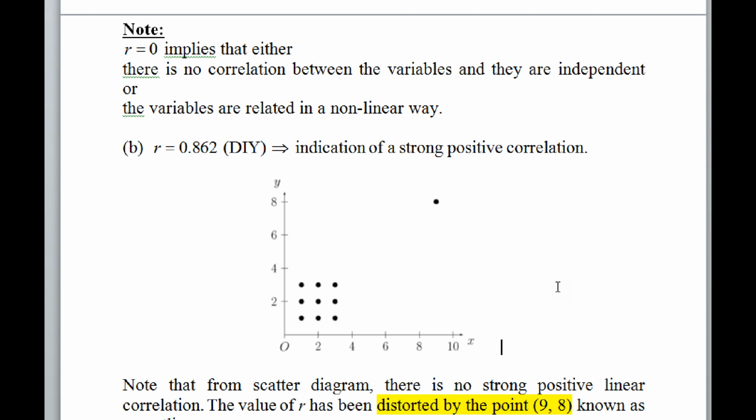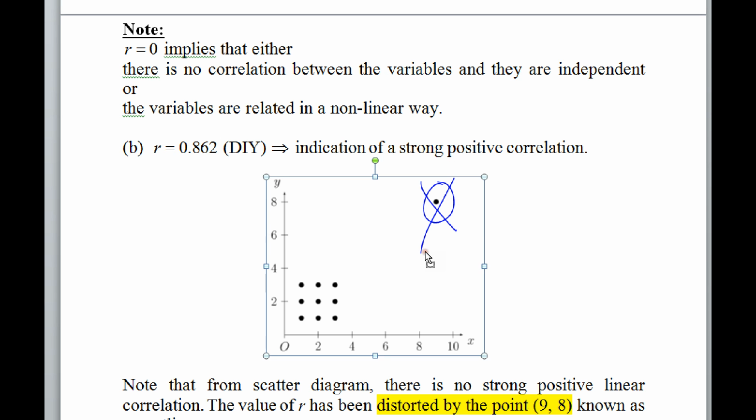If there is some experimental error, you read something wrongly, and you got this point by mistake. You do science, right? Some chemistry, right? You're going to do measurements. Of course, you go to the lab, sometimes you make some silly errors. This one is an error. Had this one been an error, falsely recorded,